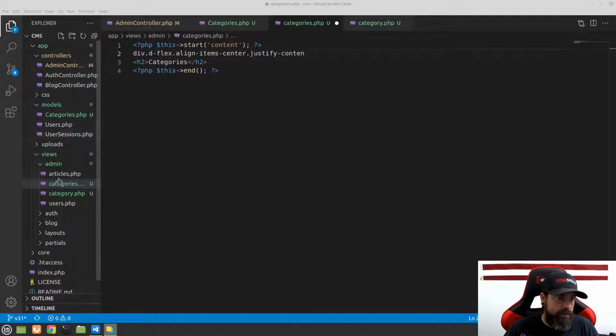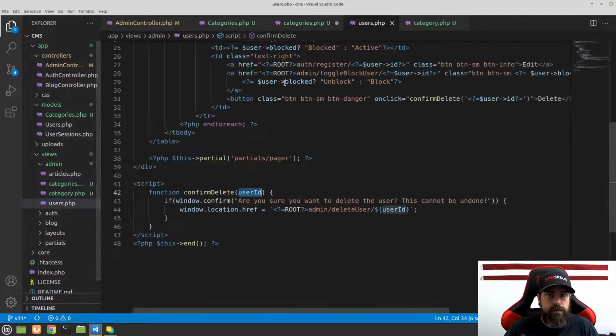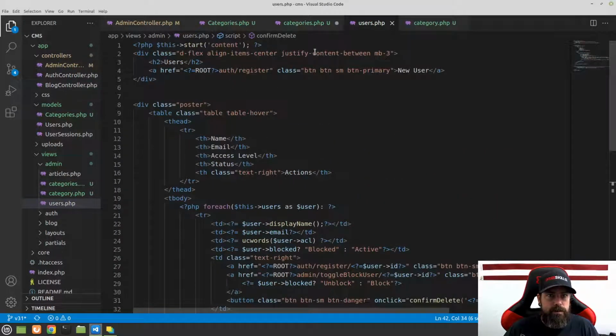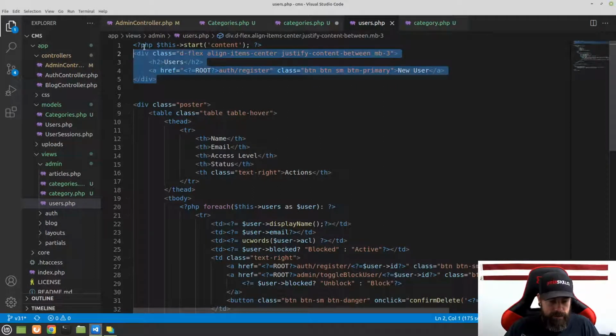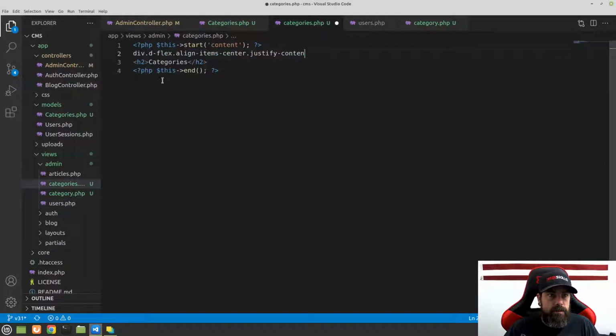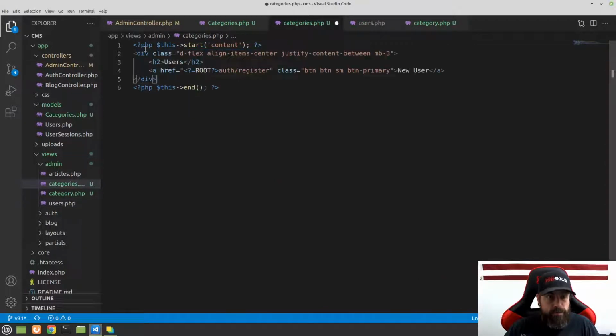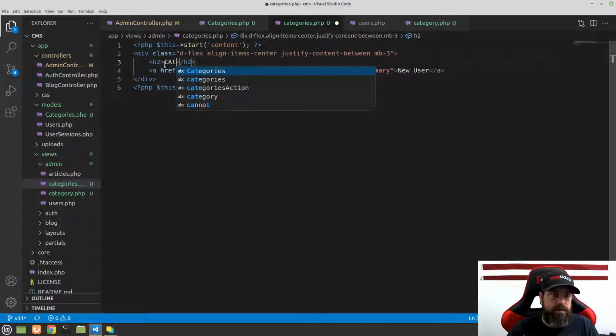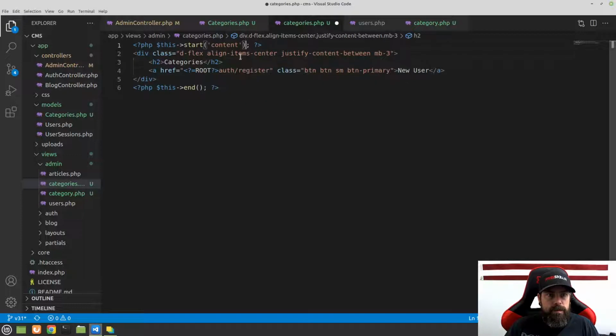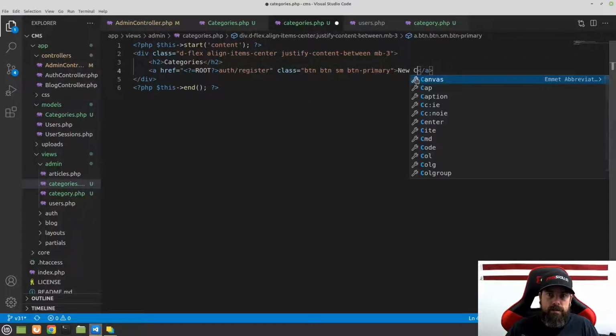And we can look at our users view for that. Justify content between. You know, I could actually, let's just copy this right here. We'll just paste that in and we'll just update this to say categories. Yep. And then for our button, instead of new user, we're going to say new category, and it's going to